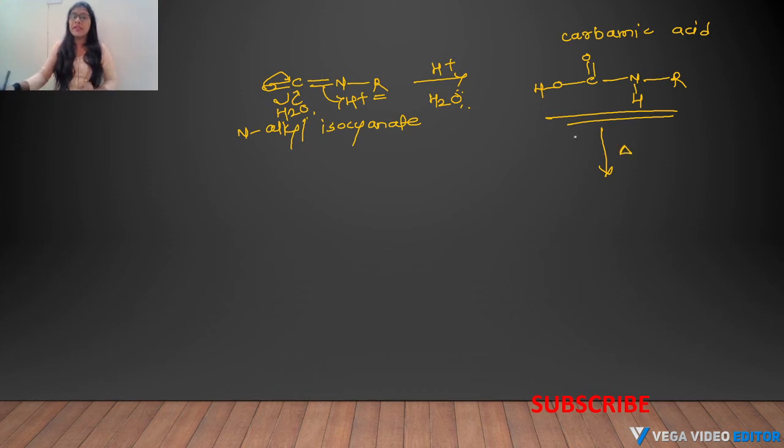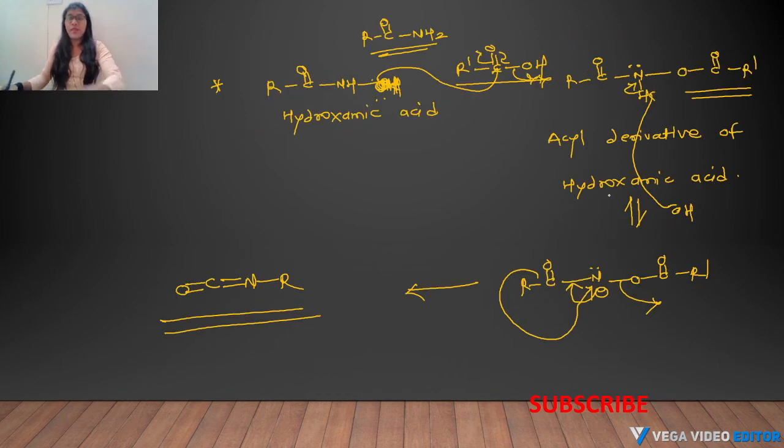Then under heating condition, here decarboxylation takes place. This bond donates electron here, and this bond takes this hydrogen, and we get here byproduct CO2, and product is primary amine. In presence of base, this is the mechanism for the Lossen rearrangement. Now we can see mechanism for Lossen rearrangement in presence of acid.